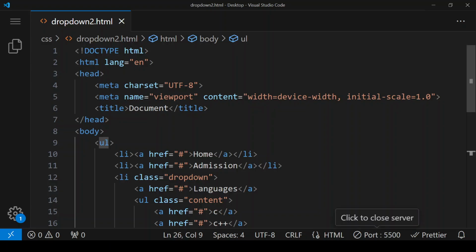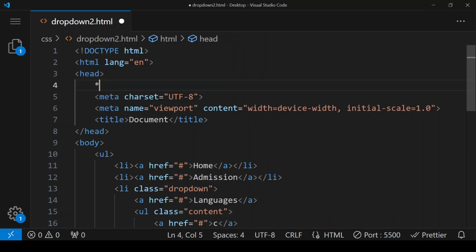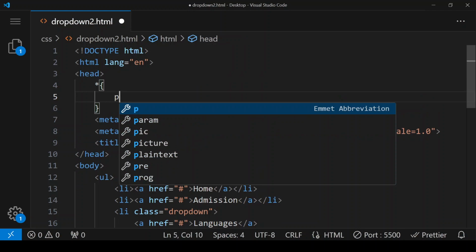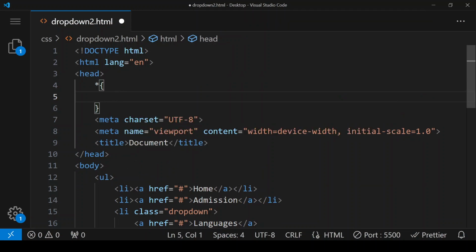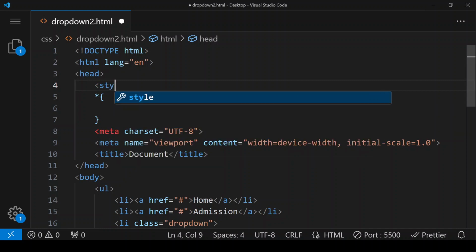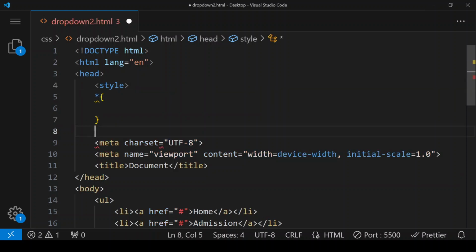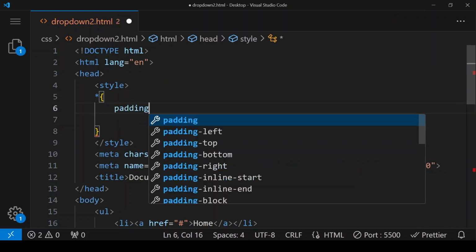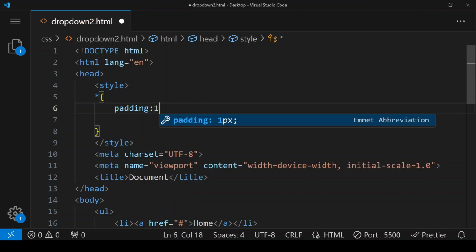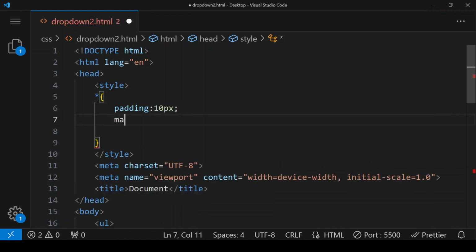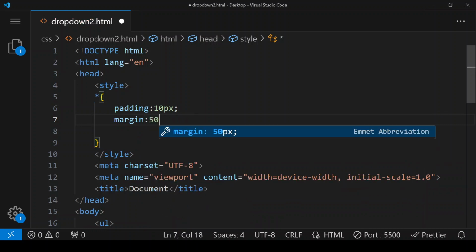So first here we'll be giving, in head section, style, and now here I'm giving asterisk, padding to 10 pixel, margin to 5 pixel,